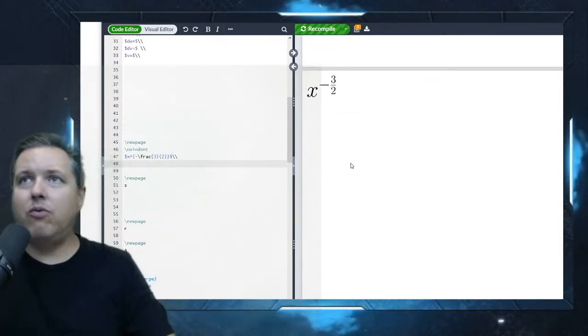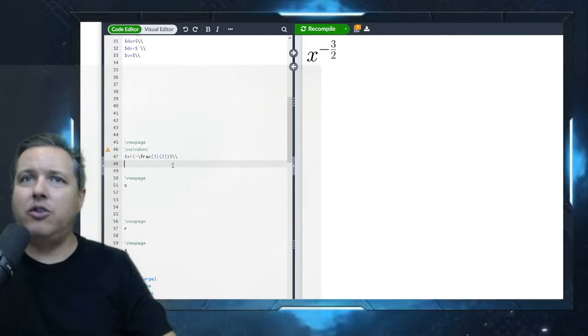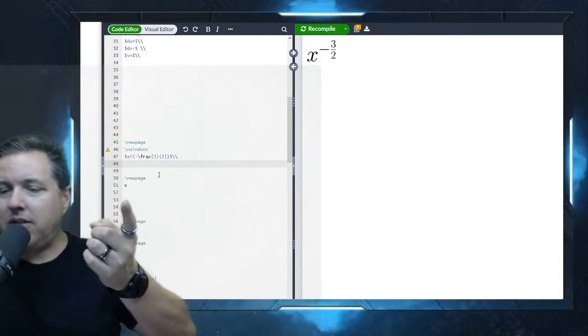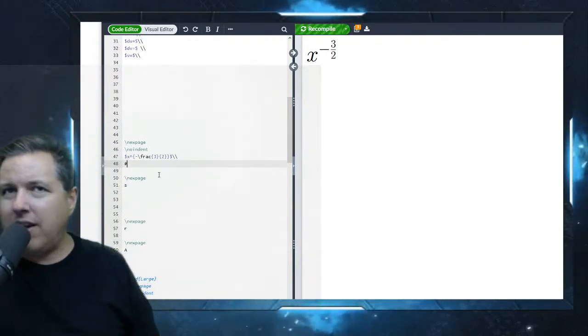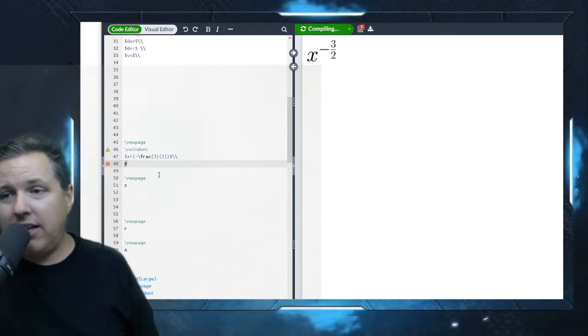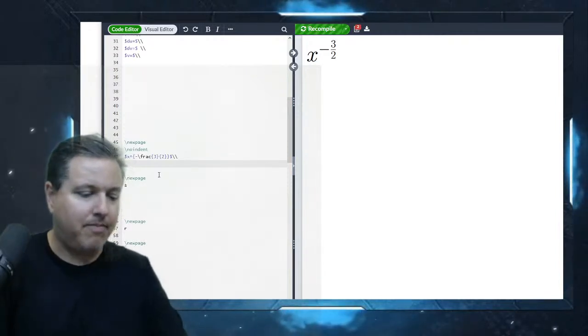So x to the negative 3/2, and we want to add 1 to the exponent. Negative 3/2 is negative 1.5, so negative 1.5 plus 1 is negative 1/2, right? So it's going to become